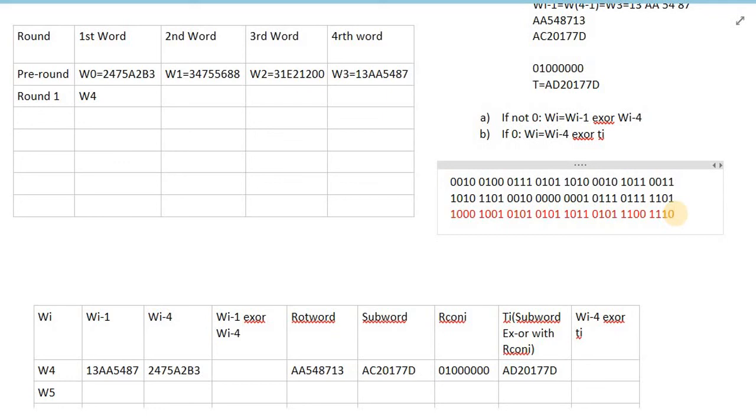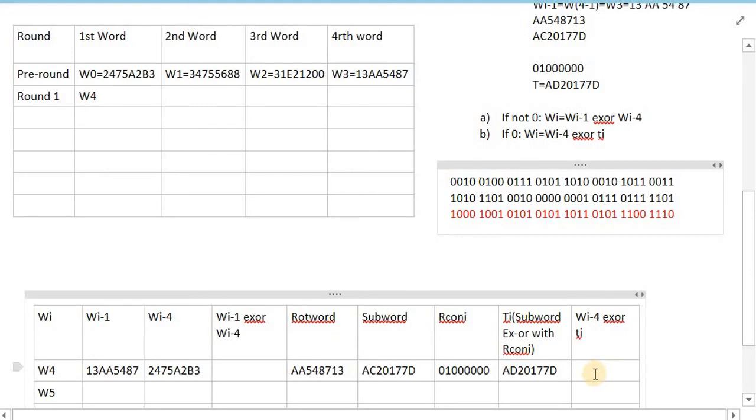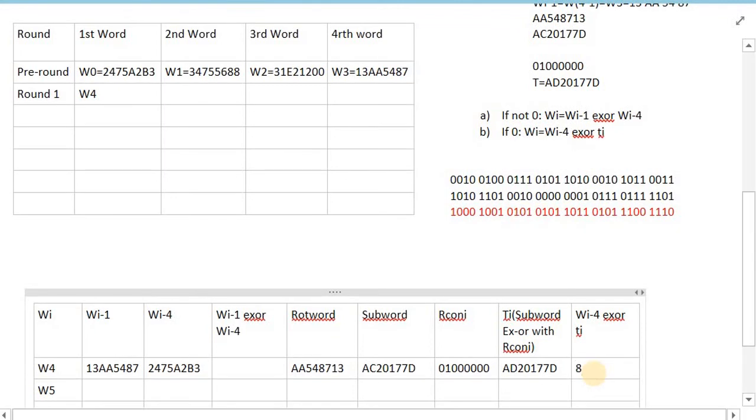So what should be the hexadecimal equivalent? W(i-4) XOR T(i). For the W XOR Ti should be 8 9